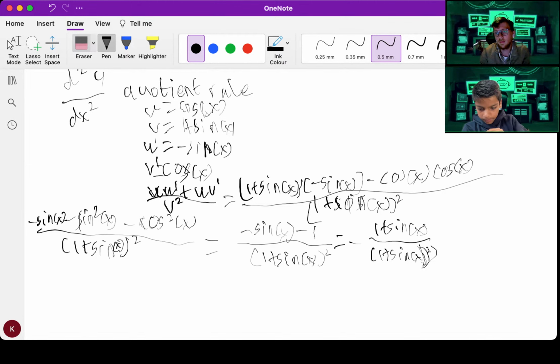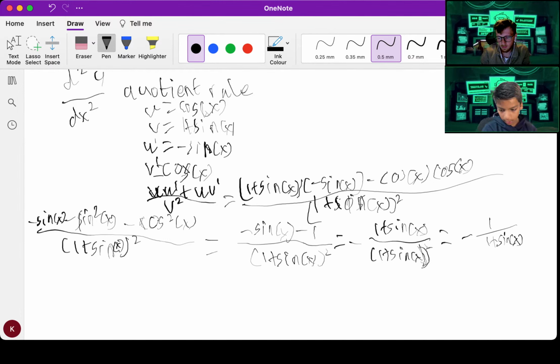Then so that is negative 1 over 1 plus sine x. Good. Yeah, and I don't think you're going to get it any simpler than that. But if we go back to the question, you could ask for it as a function of y, not as a function of x. Yes, and